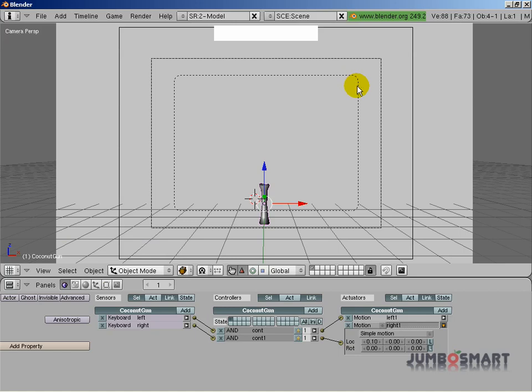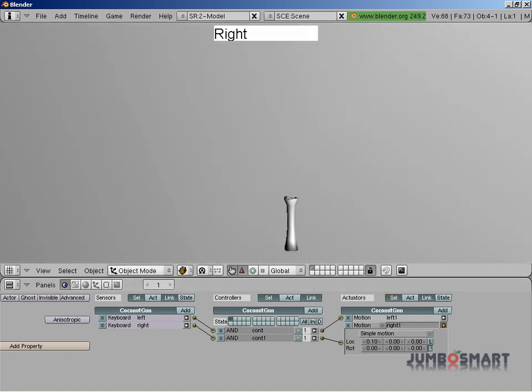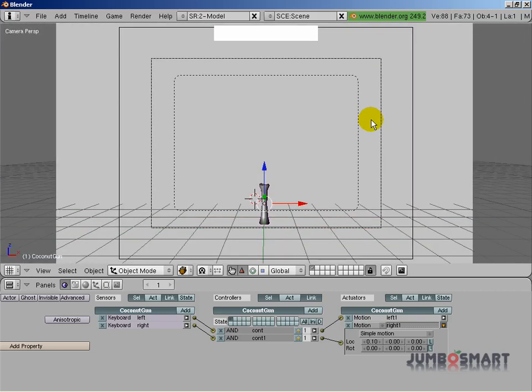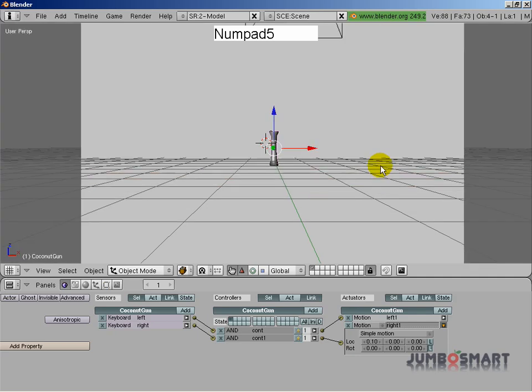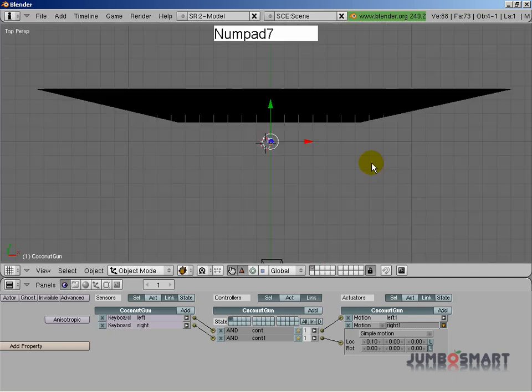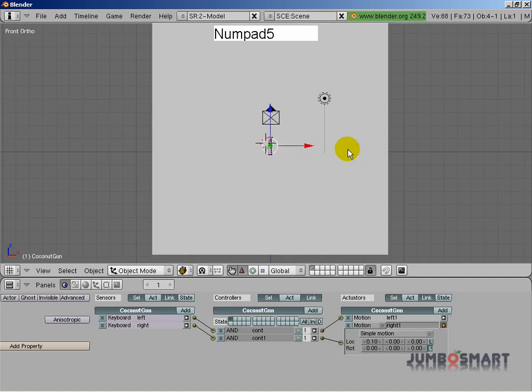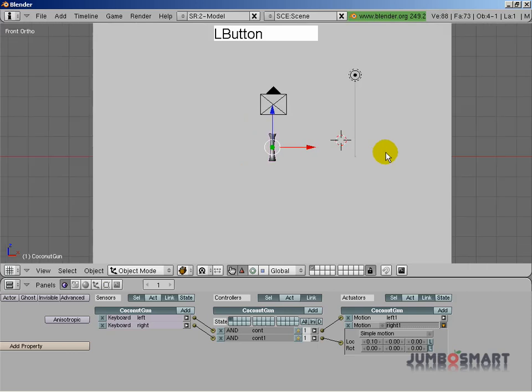Okay, another thing that you'll notice is if I hold down the right button, it's going to go way off the screen. So what we're going to do now is add the logic which locks or constrains the coconut gun to a certain area of the screen. Okay. So to do this,